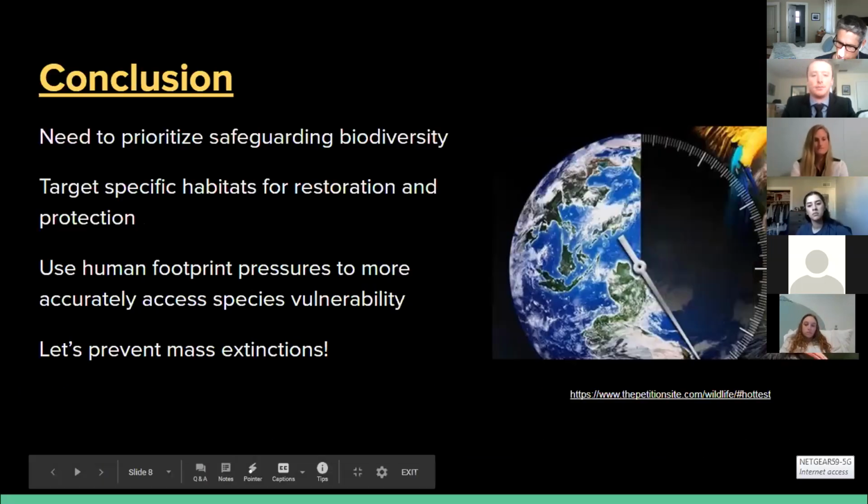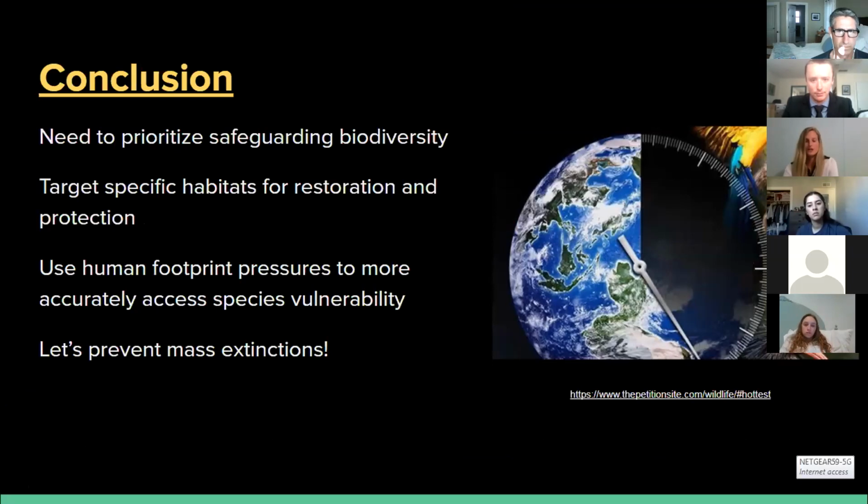Okay. And in conclusion, we just really need to prioritize safeguarding biodiversity. It's critical for everything on the planet. Ecosystem functions affect everyone, starting on a microscopic level all the way up to elephants and bigger species. And hopefully with this particular research, we'll be able to target specific habitats and either do more restoration efforts or put them up for protection and